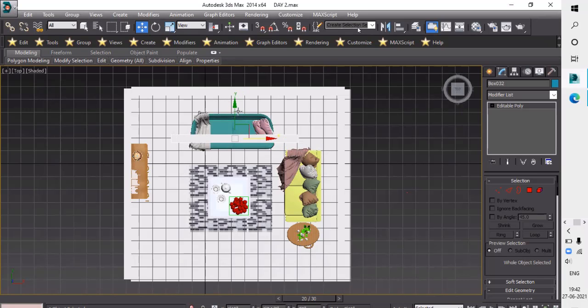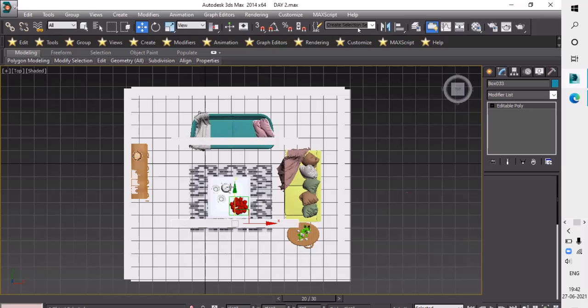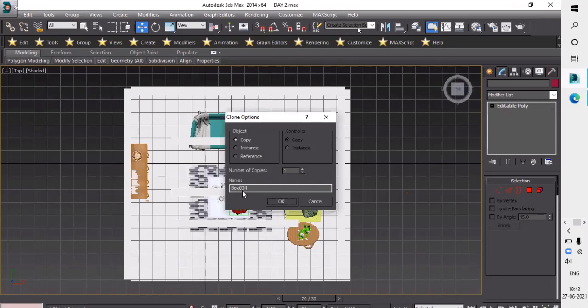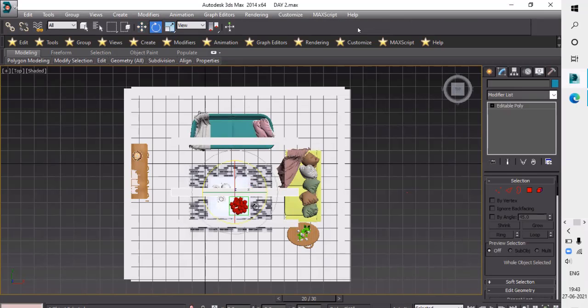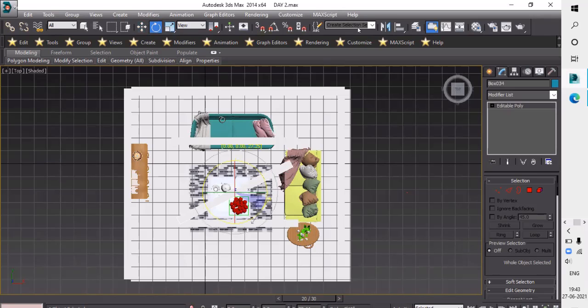Press W. Press Shift and copy this object. I will again copy this object, and with the help of E, which is the rotate command, I will rotate it.